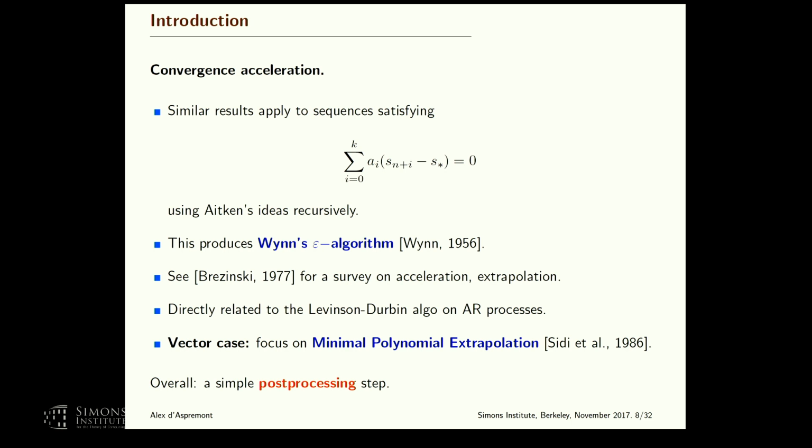Most of these results are focused on the scalar case, but there are also extensions to the multidimensional case, such as minimal polynomial extrapolation, which I'm going to detail here. Because, of course, in optimization, you're interested in the high-dimensional scenario. Okay? But overall, the idea here is we're looking at a post-processing step. We've run an optimization algorithm, we got iterates, and we want to do a little bit of post-processing on these iterates to improve the quality of our estimate of the solution at minimal numerical cost. If the post-processing is more expensive than the algorithm, things start to fall apart. So here, we don't invest too much numerically.